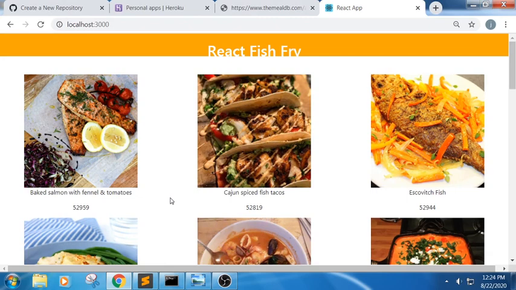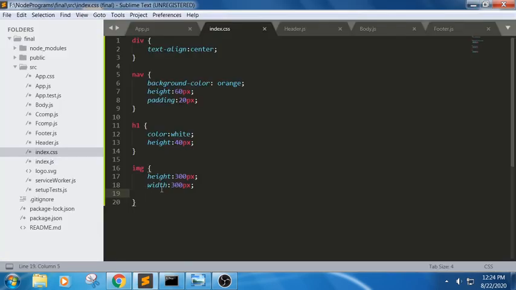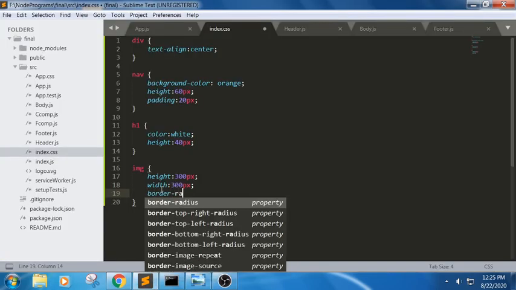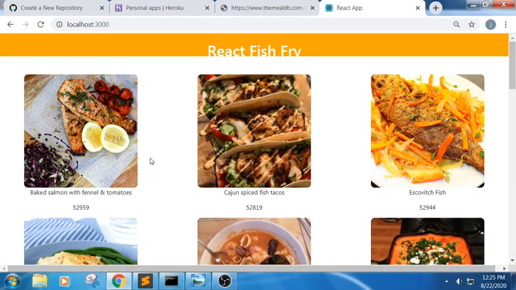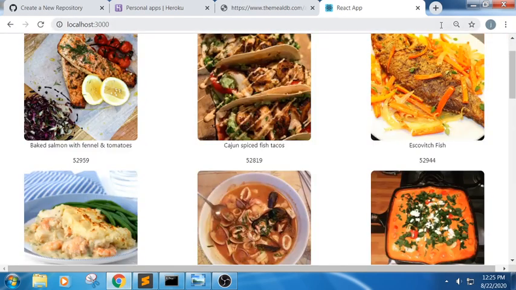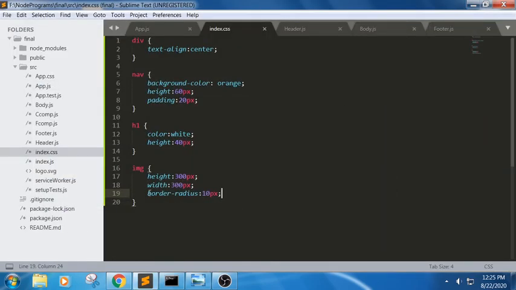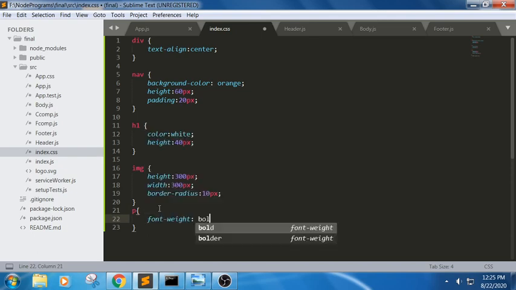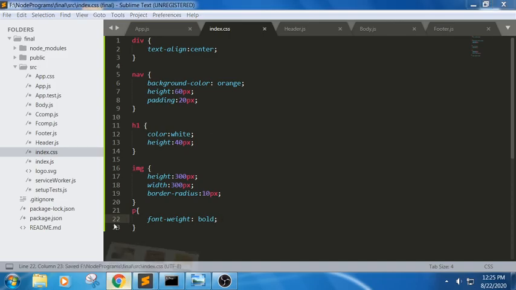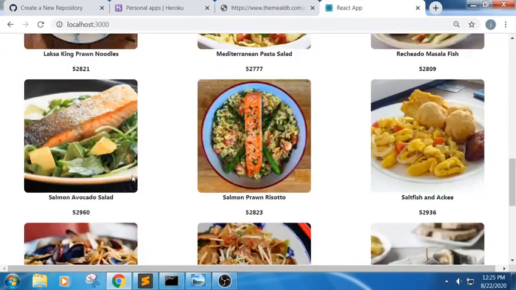Yes, we got it. In order to get some curve shapes, I'm trying to use border radius. For example, if I want to make a square into a circle, we can use a border radius. Similarly, we use a border radius here. We got the curve shapes here, name and price. Now, in order to make sure that this text should be bold, font weight bold. We got font weight bold. So we got all the items here.